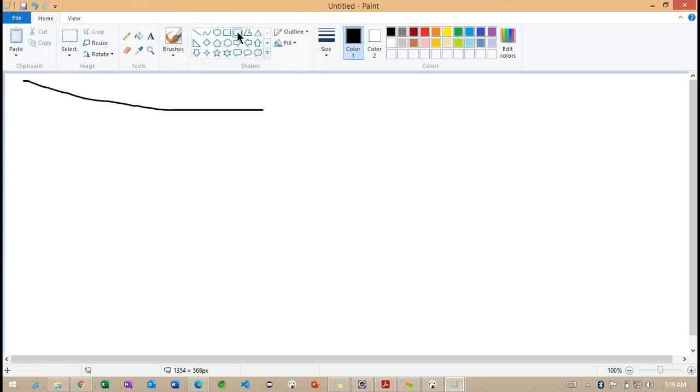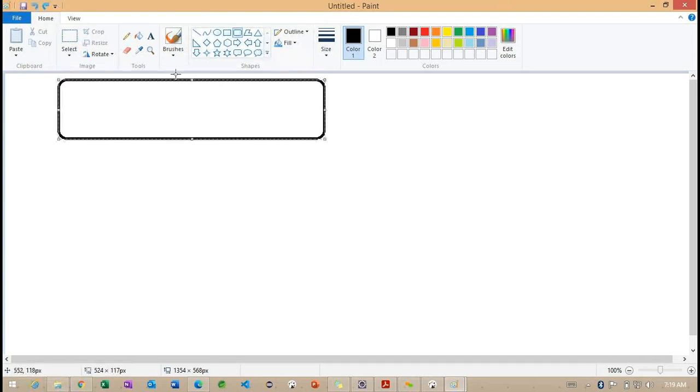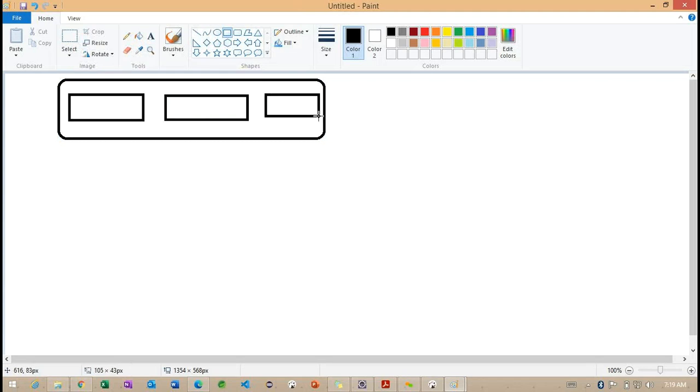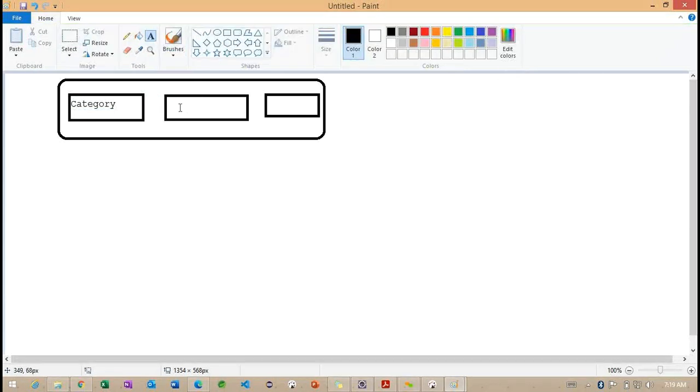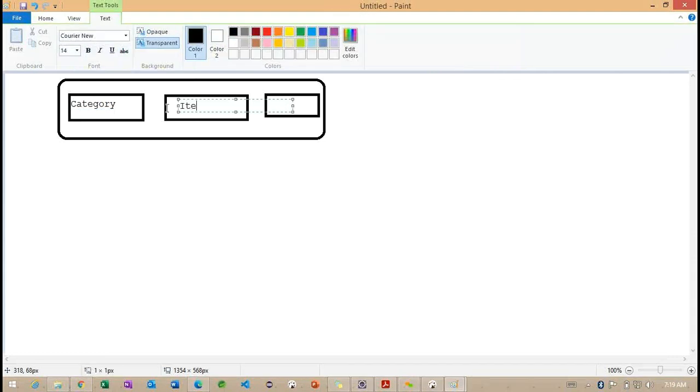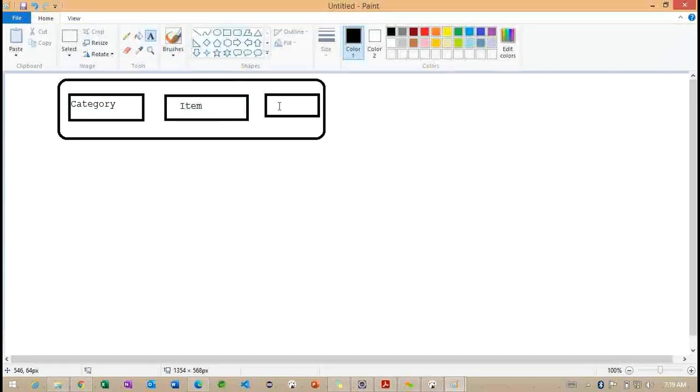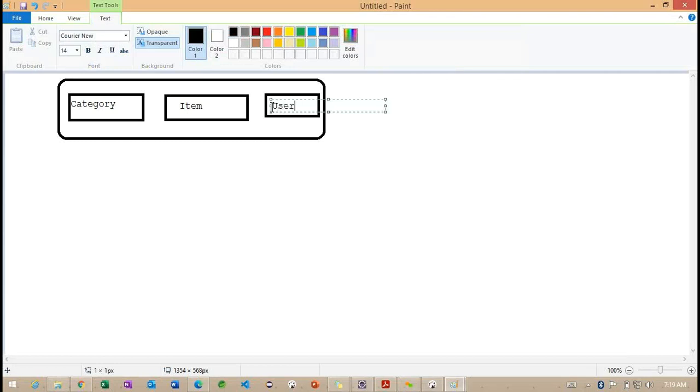So observe, sorry. First we'll have information on these three sections. The first one is category, and these are the three classes we are going to have: category and item. Finally we are going to check with the user.